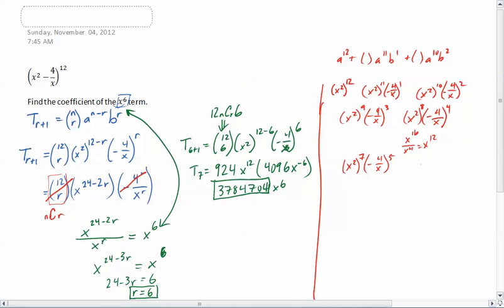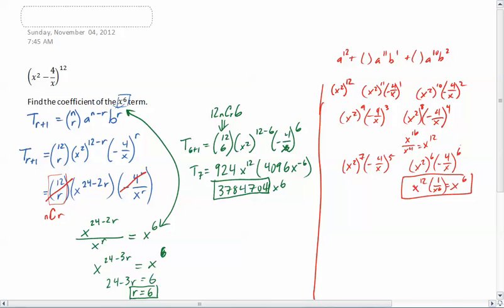Okay, so we got that. We would then have an x squared to the 6th. So maybe let's check it again. Okay, so that would be x to the 12th, and then this would be x over x to the 6th, so 1 over x to the 6th, which that one you can see now gives me the x to the 6th. Okay, so I now know that this term right here, the one with 6 and 6, is the one